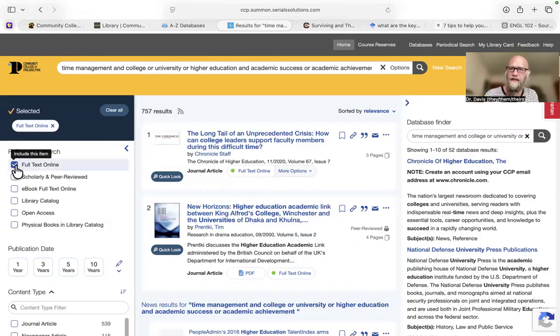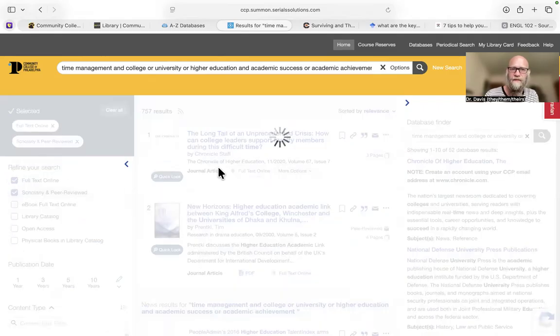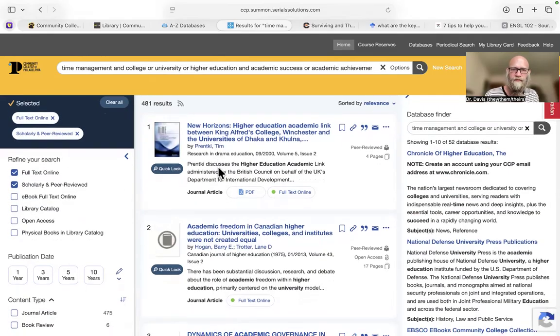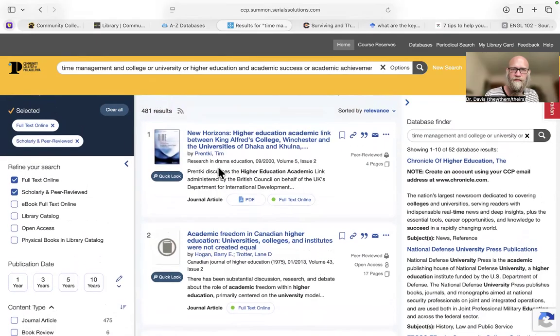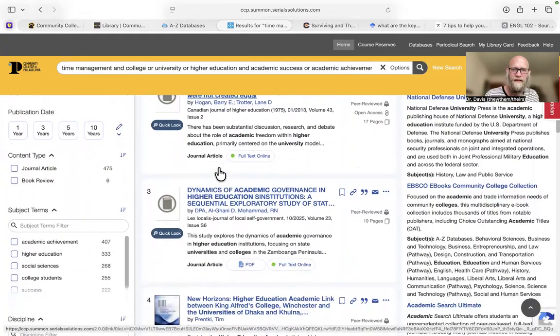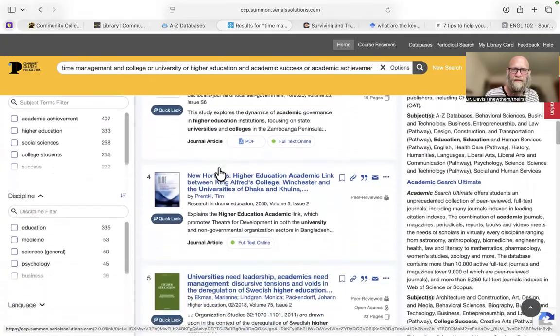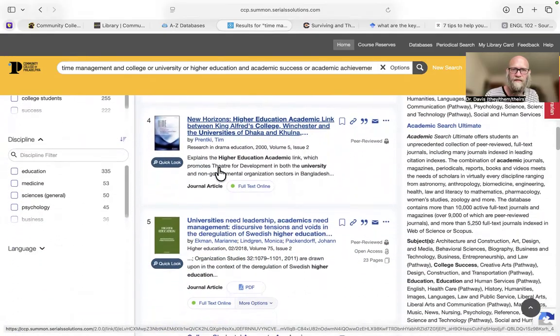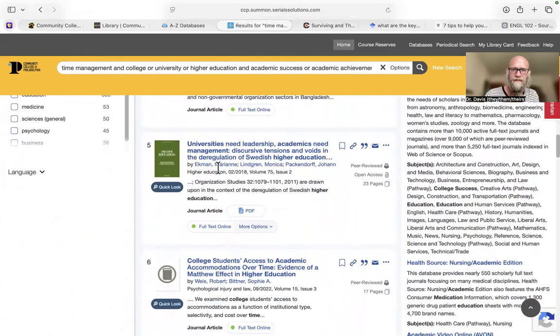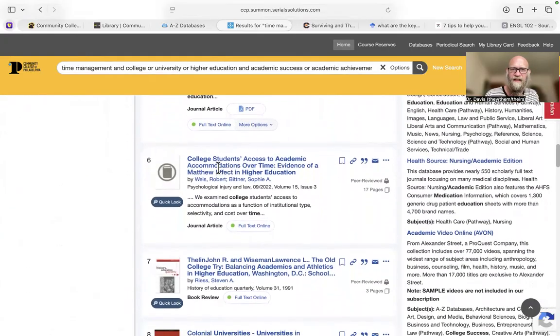So I clicked over here on this limiter, full text online, and I'm going to click scholarly peer review. I'm looking at these topics. And I'm looking for sources that I think are going to be useful.